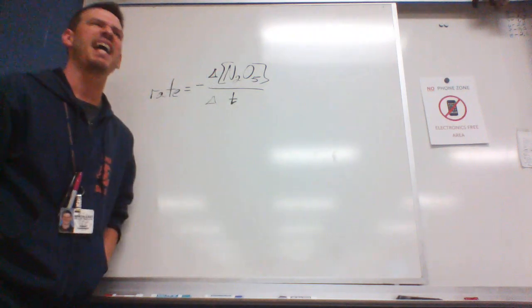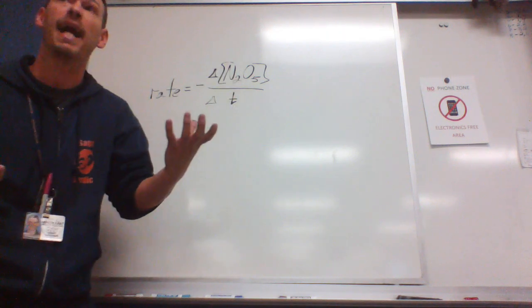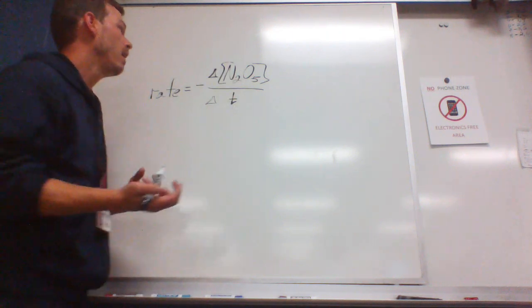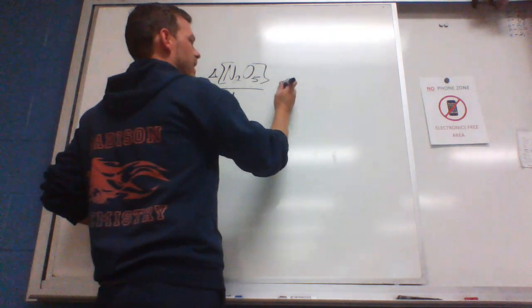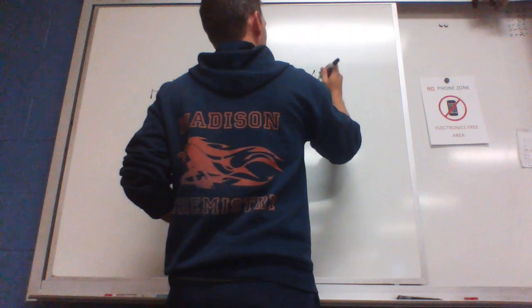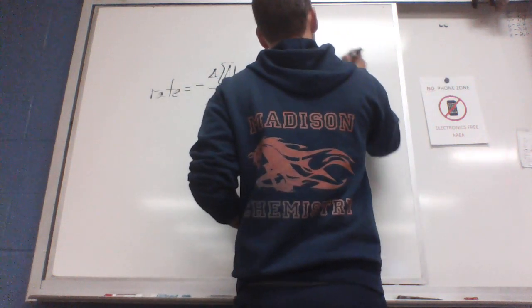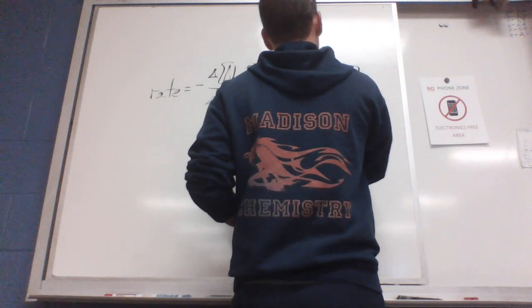Do you see how that connects to the previous slide? It's written the same way, but now I've put the reactant in there. All right. If I wanted to set that equal to the change of the NO2 concentration over the change in time,